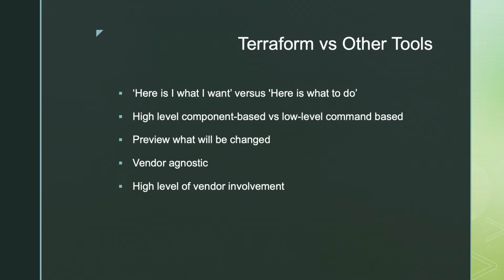One of the ways that Terraform differs from other ops tools like Puppet or Ansible is that Terraform allows you to describe what you want as an end state, and it will figure out what to do in order to create that, as opposed to having to know all the low-level commands to do the same thing. The provider plugins that wrap each cloud service's APIs, such as AWS, are currently developed by the vendors themselves. AWS develops the AWS provider for Terraform, so it stays up to date with changes and new features in the